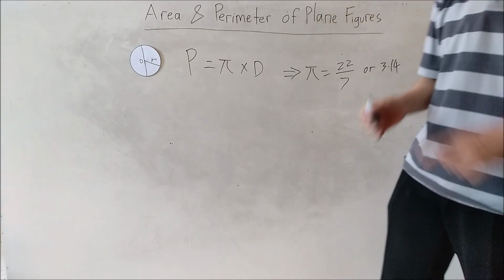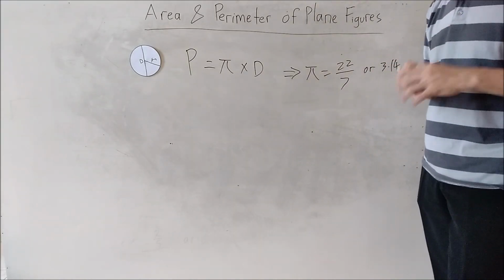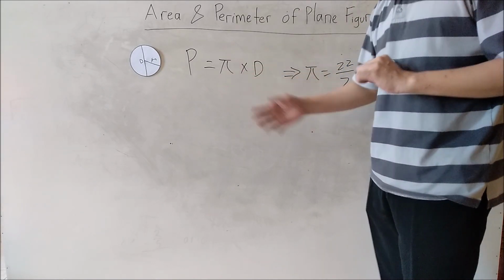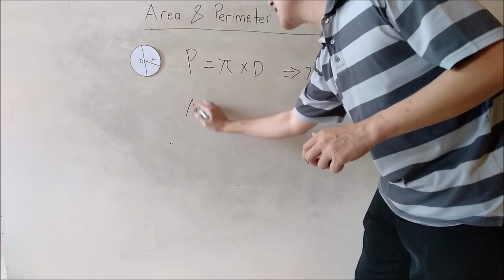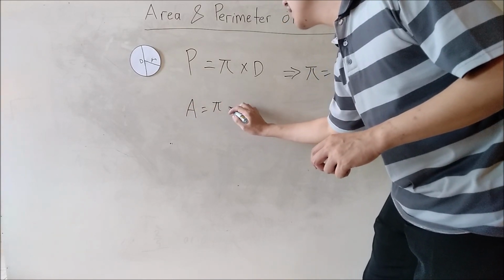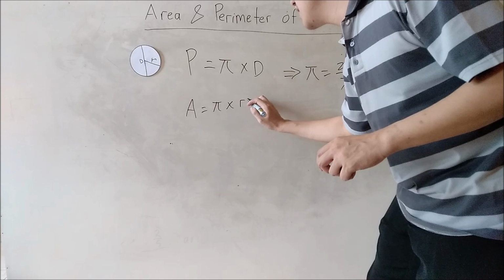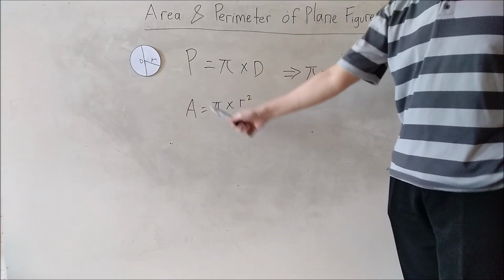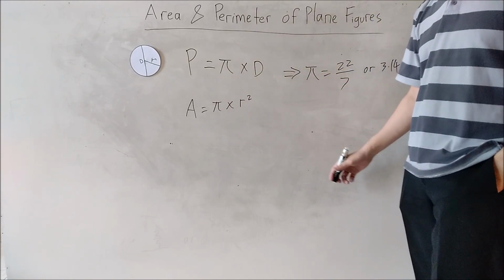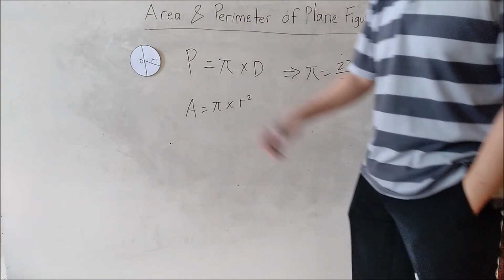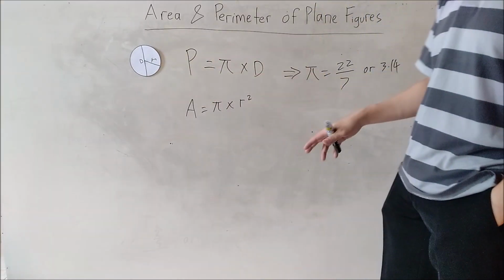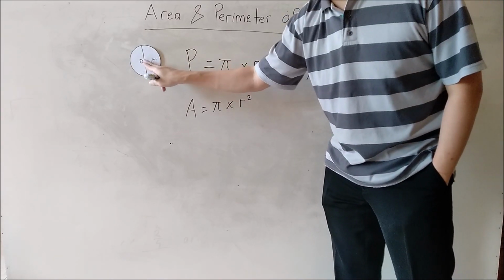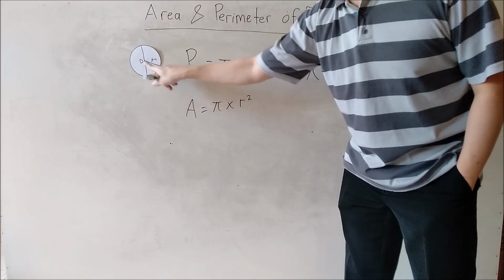Okay, I hope you can read that, the radius. So when do we use radius? Actually you can use radius in perimeter, but usually it's mostly used in the area itself. Pi times radius square. Pi r square. The area of a circle is pi r square. But can we find the perimeter of a circle if we are given the radius? Of course we can. Because as you can see, radius is only from the middle to any point, right?